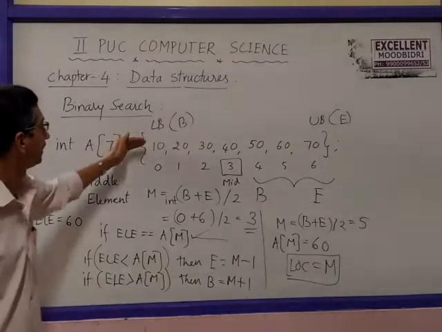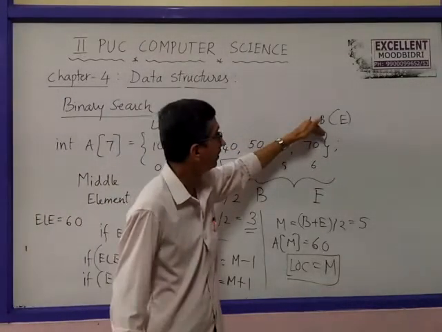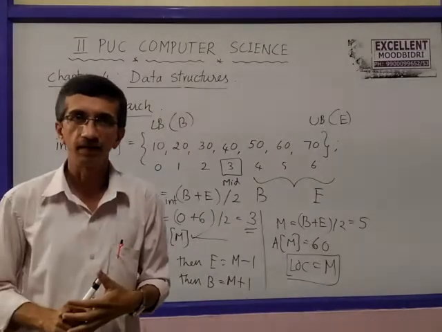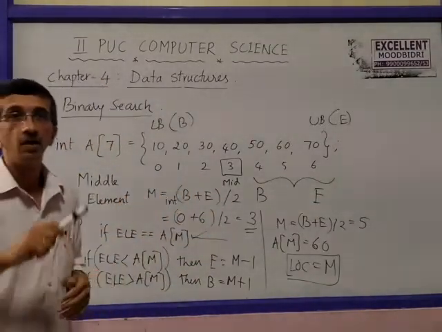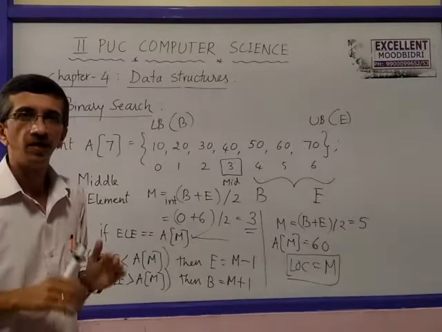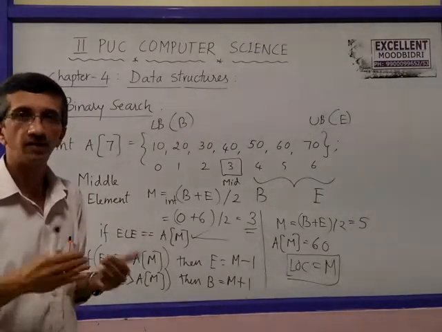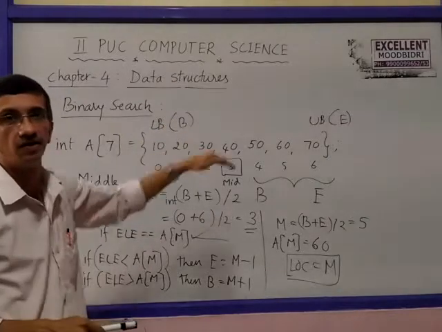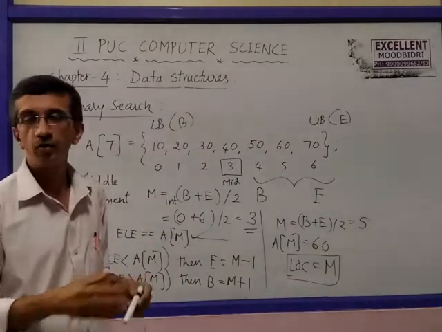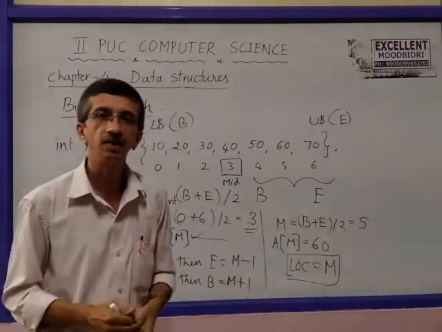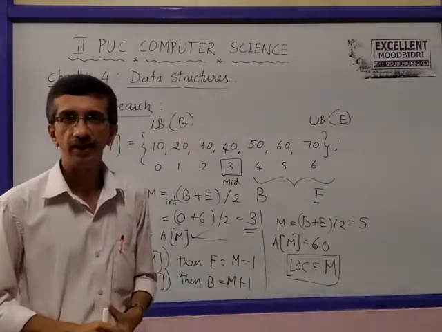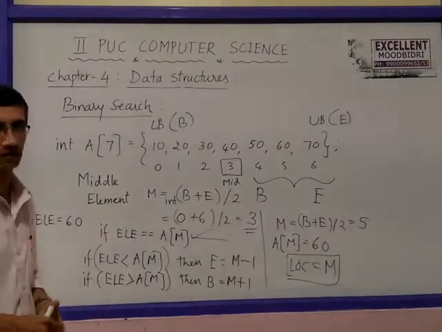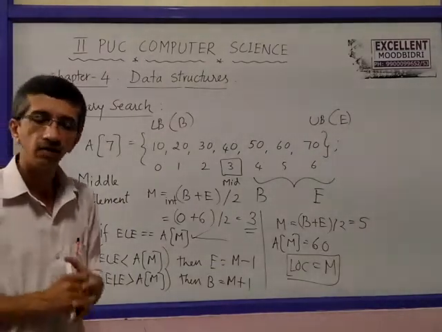What is beginning? Beginning is 0. First, end is n minus 1. Beginning should always be less than end, correct? Beginning is the lower index. In case the item is not found, the loop gets terminated when beginning becomes more than the end. Then naturally the loop stops, indicating that the search item is not found in the array. Hope you have understood this. So this logic we will implement. First write the algorithm and then write the program for binary search.